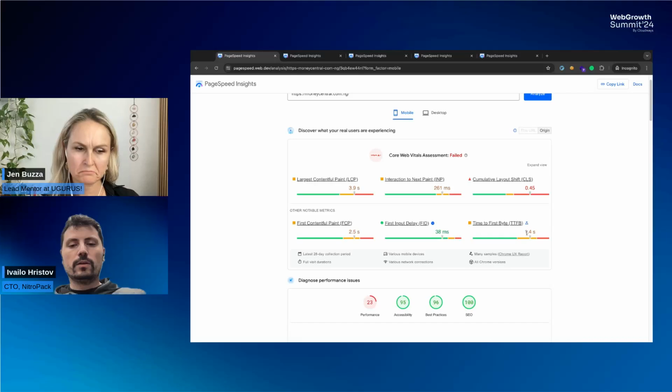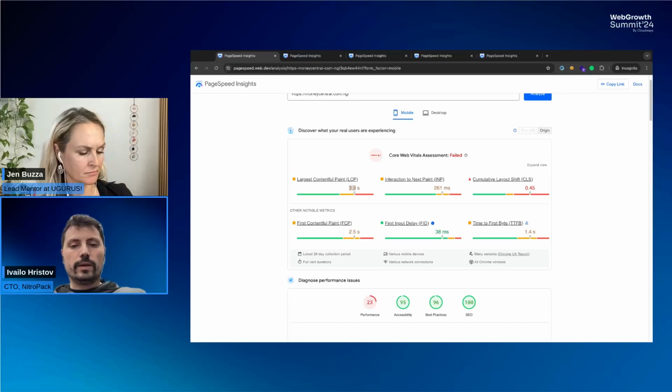So for this website, we can see that time to first byte is 1.4 seconds and the LCP is 3.9. If we are able to cut this in half, so let's say make it 700 milliseconds, we'll be able to shave 700 milliseconds straight off of here. So this is going to put us at 3.2 seconds right away. So it's really nice to take a look at this and pay attention to your time to first byte,